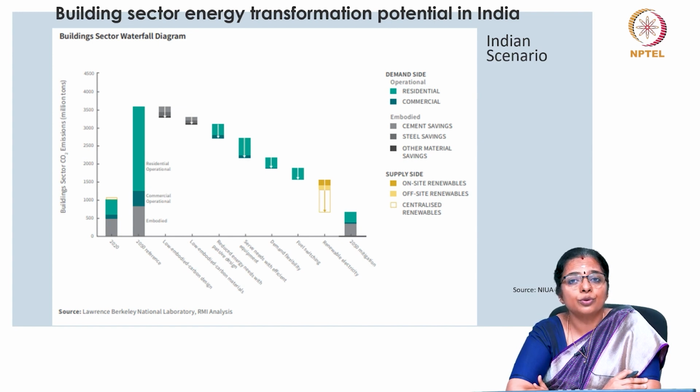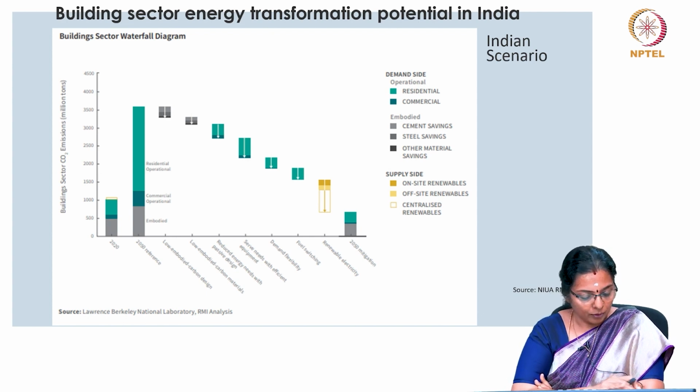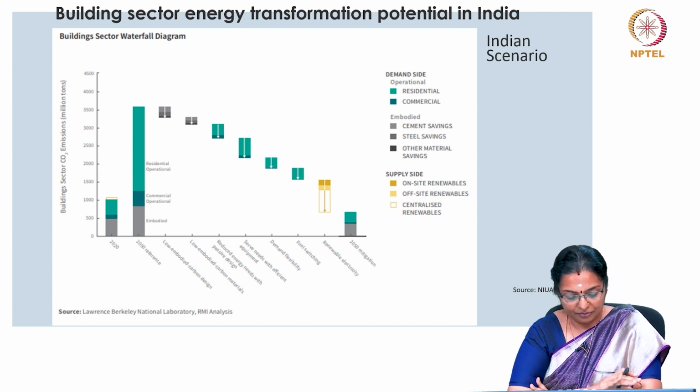That is a huge difference we can make. Imagine if building starts consuming 50% of the current consumption, the amount of operational carbon emissions will reduce drastically, and it will have a great impact on the amount of GHG emissions happening and hence global warming. Now, this graph shows the potential of transformation in operational energy use from the year 2020 to 2050.